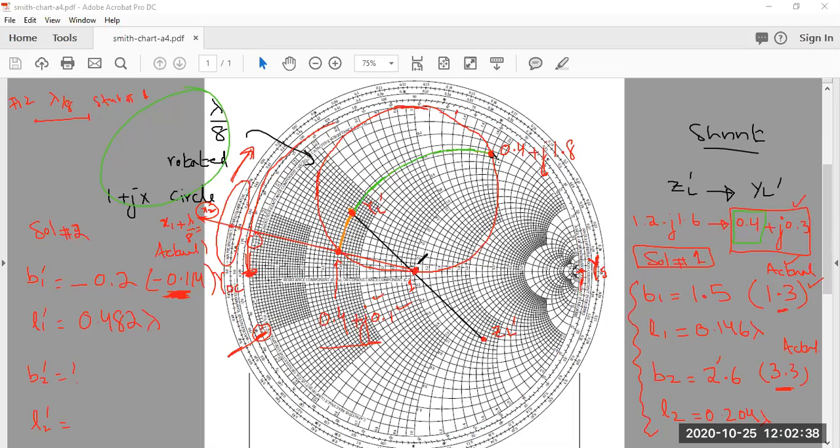ये आपका 1 + j सर्कल है। ठीक है, मैं इसको थोड़ा सा नोटेट कर लेता हूँ ताकि इसके पर्सपेक्टिव से हम इसको डिस्कस करें। ये सर्कल है जो कि पहले से बना हुआ है, जिसको हम 1 + j सर्कल कहते हैं। ये आपके पास है 1 + j सर्कल। सो आप जो SWR सर्कल बनाएंगे इस रेडियस के साथ, ये जब आप बना रहे होंगे जहां पे आपको ये क्रॉस करे, किसको क्रॉस करे, 1 + j, यहाँ पे आपने रुक जाना है, क्योंकि ये जो एक्चुअली यहाँ से लेकर यहाँ तक जो डिस्टेंस होगा ये एक्चुअली लैम्डा बाय 8 के बराबर होगा।